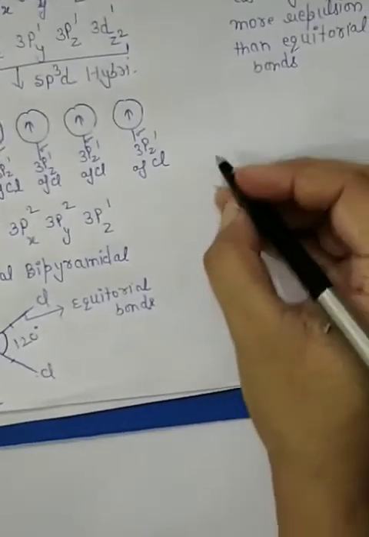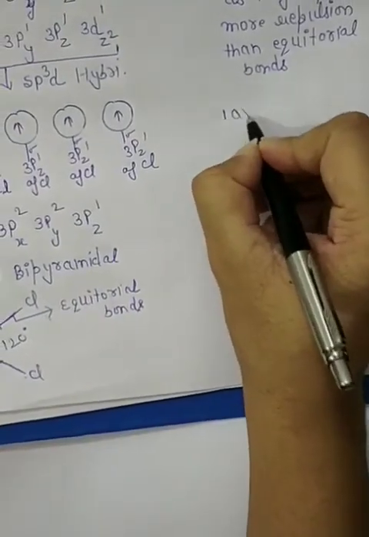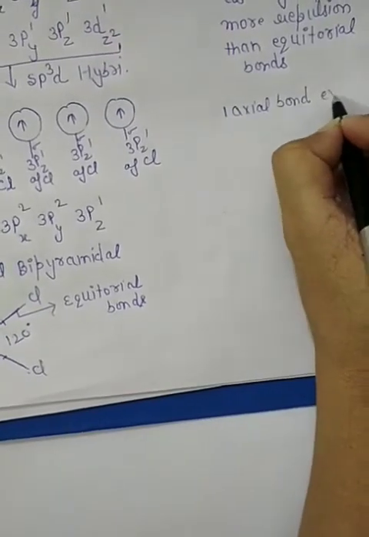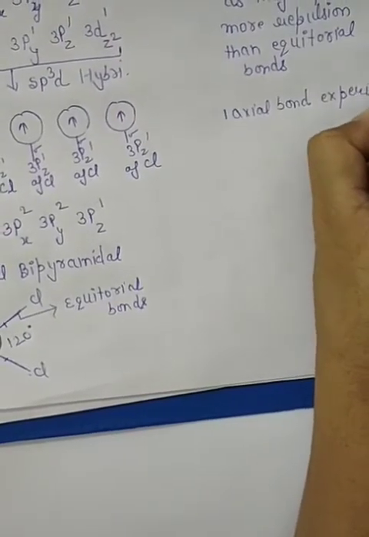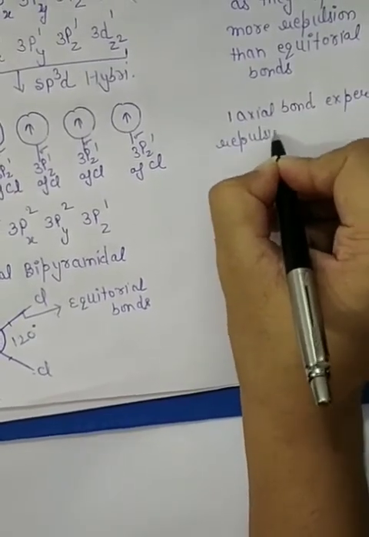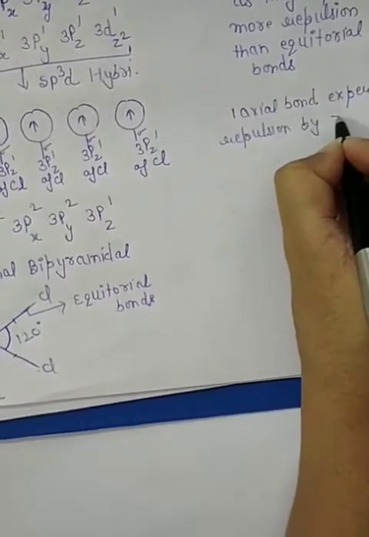So one axial bond experiences repulsion by 3